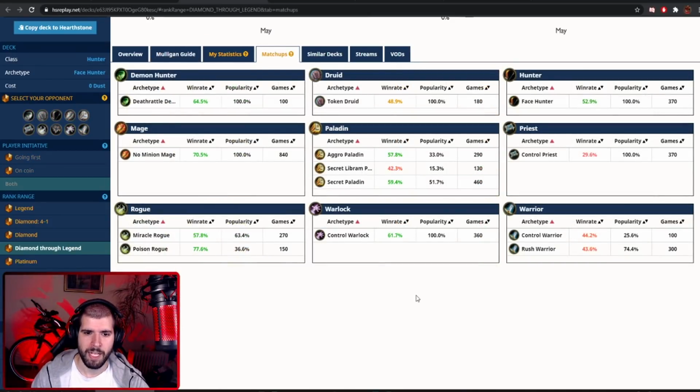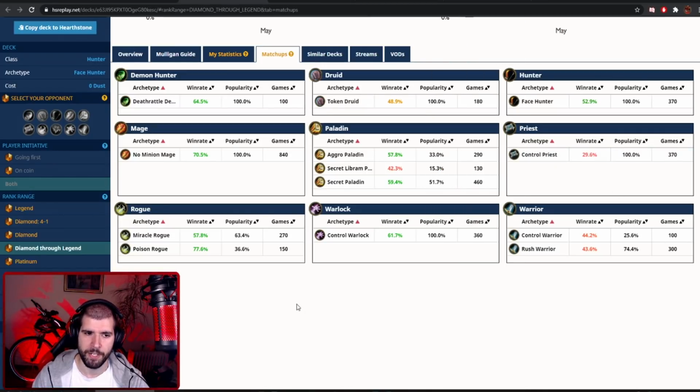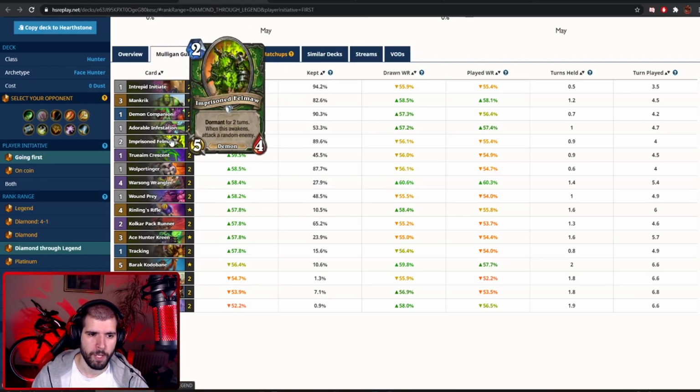For the matchups, like we already said, Secret Libram Paladin will be a problem, and same goes for Control Priest, even though there are not that many on ladder right now. Rush and Control Warrior would be your other 2 worst matchups, but all in all, it should be good for you. For the mulligan, when you're going first, you're always gonna want your Intrepid, Mankrik, Imprisoned Felmaw, and some of